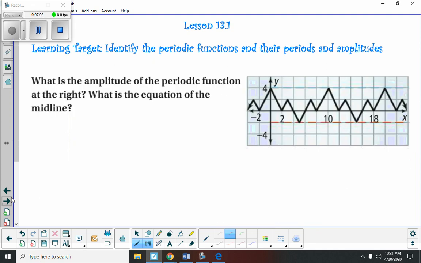All right, what is the amplitude of the periodic function at the right? What is the equation of the midline? So the equation of the midline, that's going to be the average. So the low value here is 2. In this graph, we're counting by 2s. You have to watch that with this assignment. So between 2 and 4, if we find the average or the mean, so you add those together, divide by 2, you get 3. So,